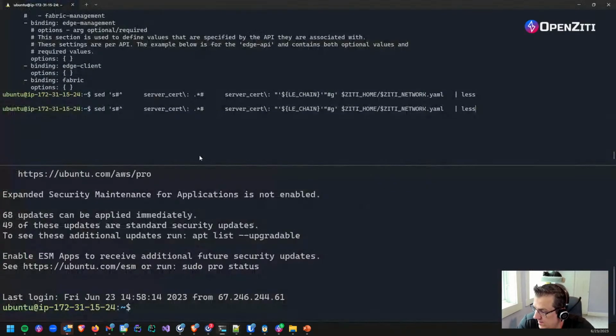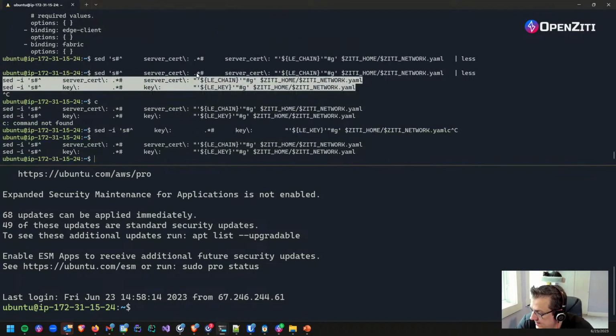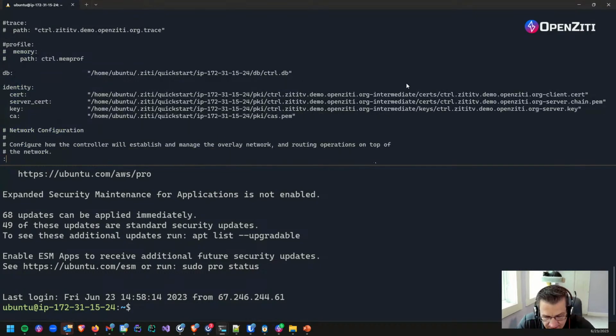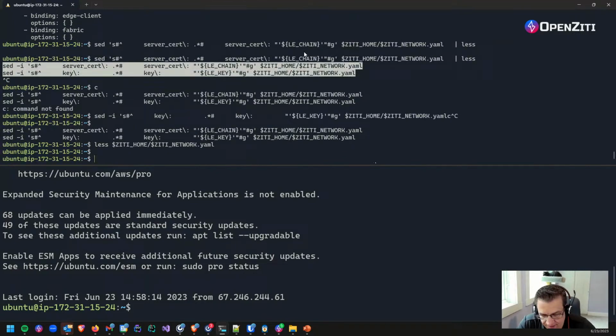Slide back in. And then, nope, Control C. There it is. Now if I look at this file, it should have Let's Encrypt in here. Yeah, there we go. Okay, so now I'm not making use of alternative server cert, so I just replaced the server cert. So now if I do a sudo systemctl restart ziti-controller